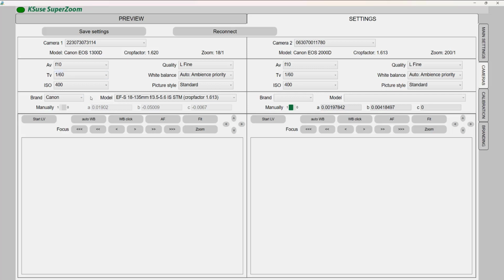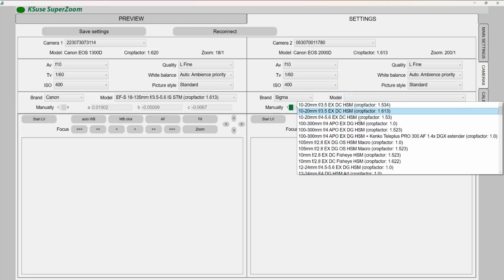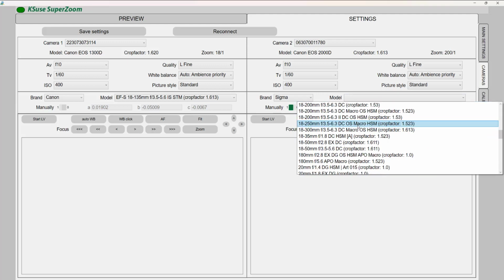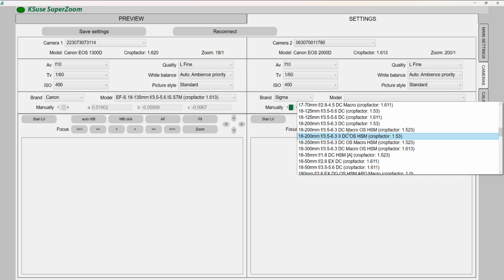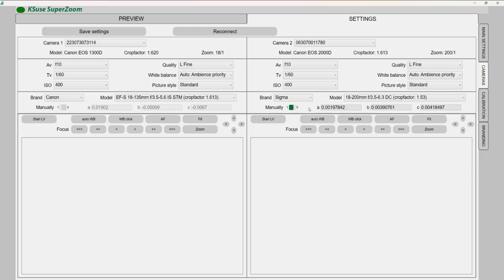If we use Canon lenses, then we automatically select the lens model and enter the coefficients. If we use some other lens, then we need to manually select it. If our lens is not listed, then you can enter the coefficients manually by finding the values somewhere on the internet.